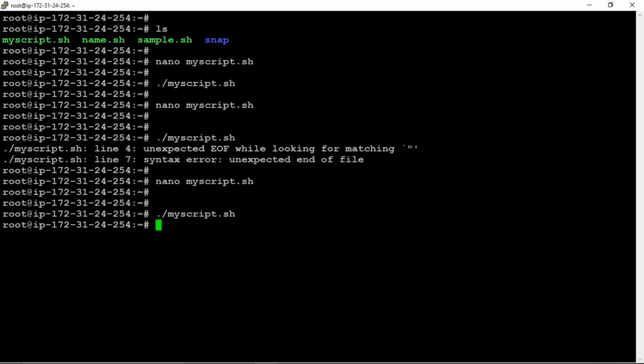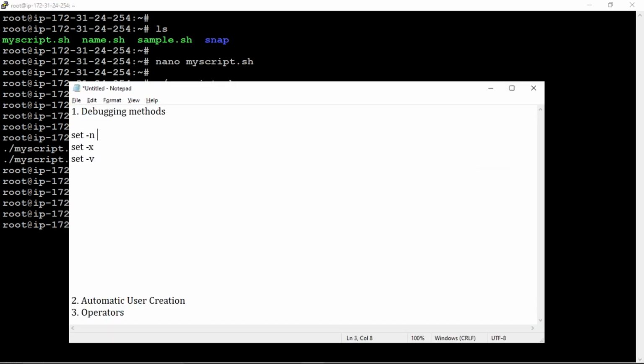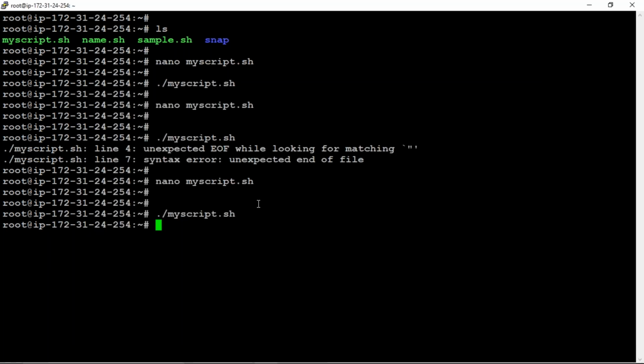See, whenever you give that set -n, your script file won't be executed. If it has any errors also, it won't be executed.